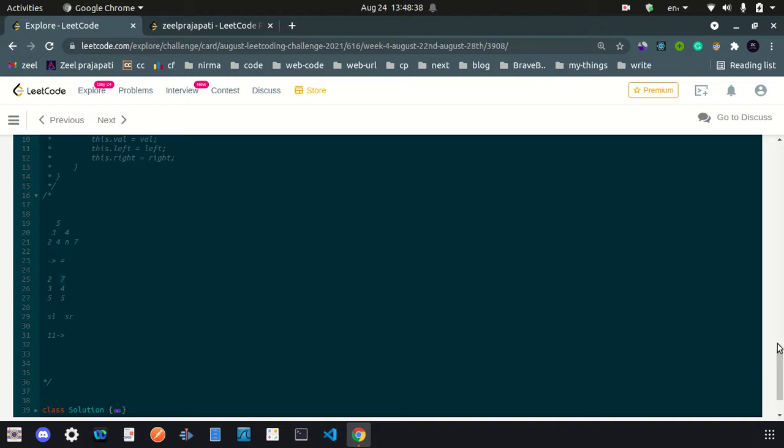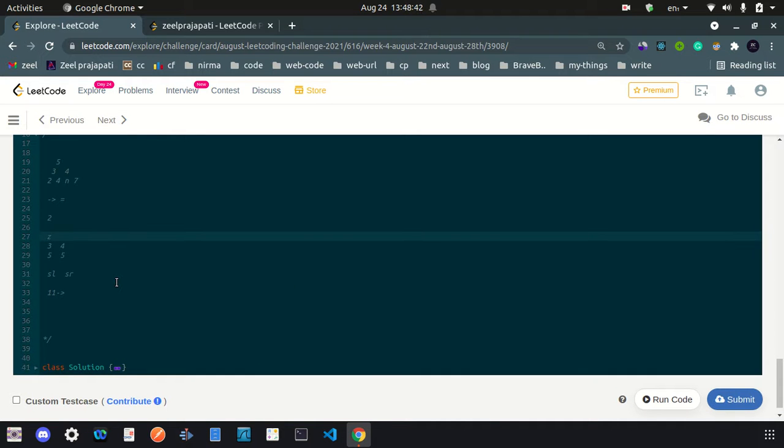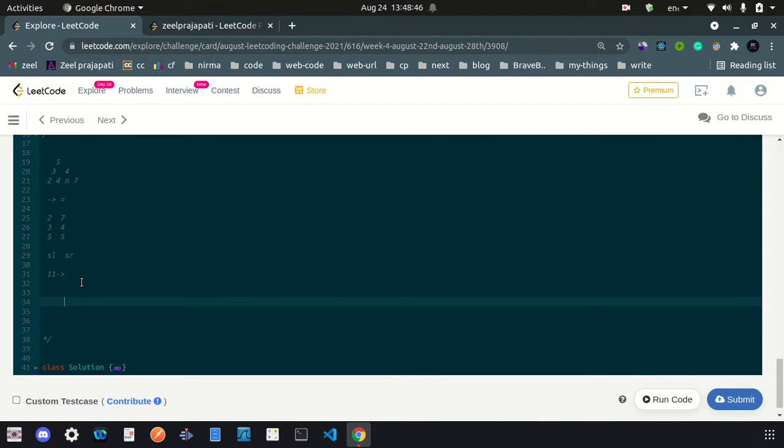What are we going to do in the two pointers approach? Let's say we have the in-order as 2, 3, 4, then 5, then 4 again, then 7, here we have 5.